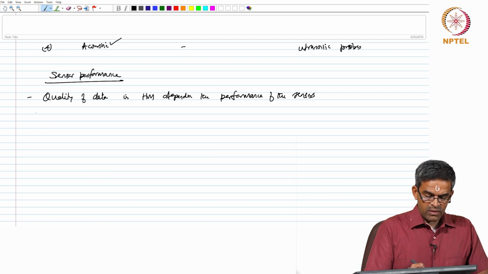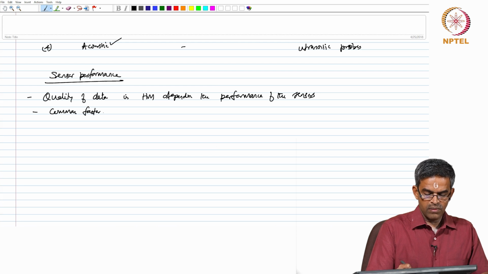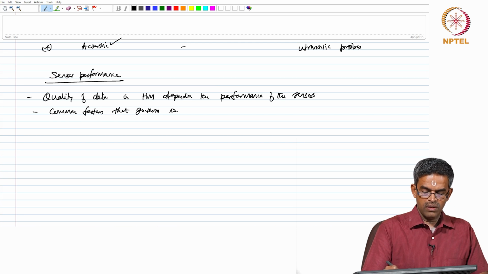Some of the common factors that govern the selection of sensor